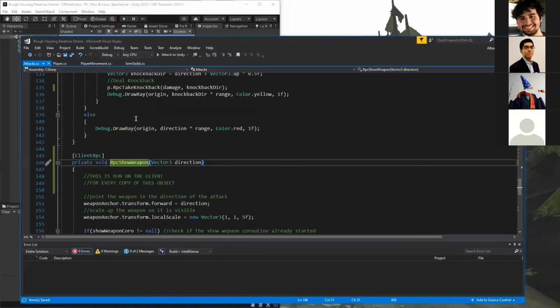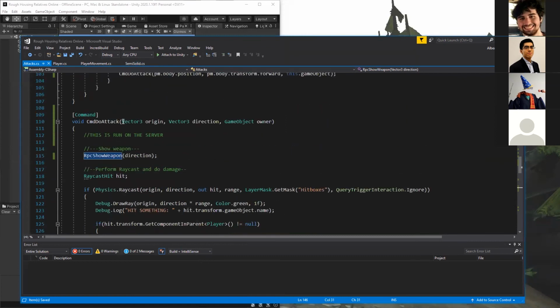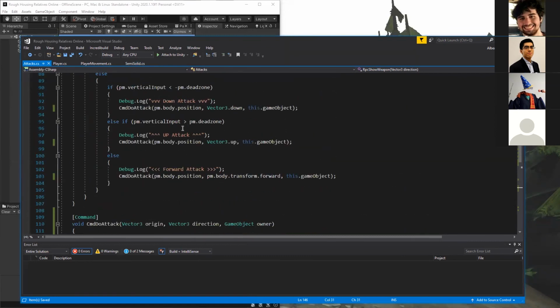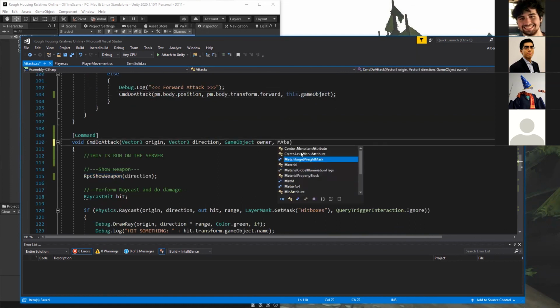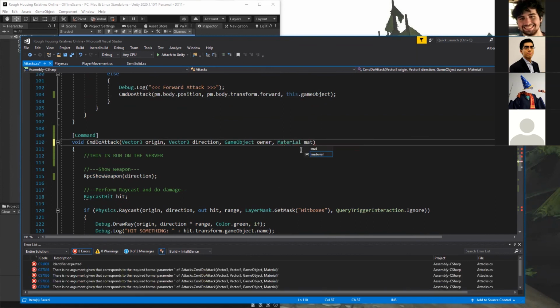And just for the sake of demonstration, let's say I want to put on this command here, let's add a new thing called material mat.